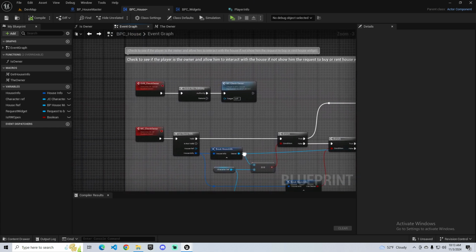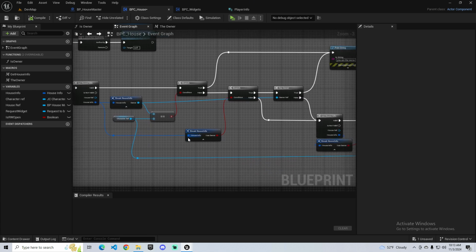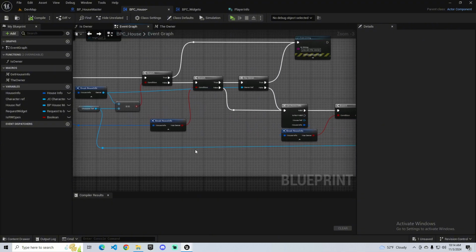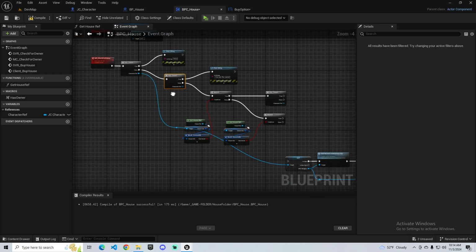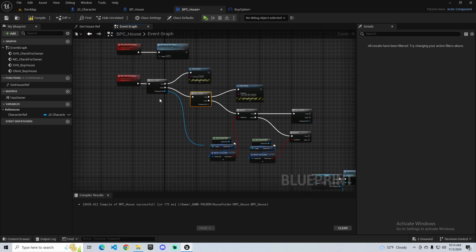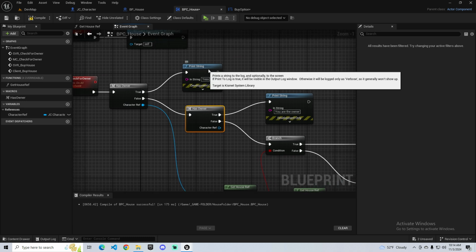We check if this is equal to us, and then we check if it has owner, on the false. So let's do it that way. Let's remove this for now. Has owner, right? If it doesn't have the owner,